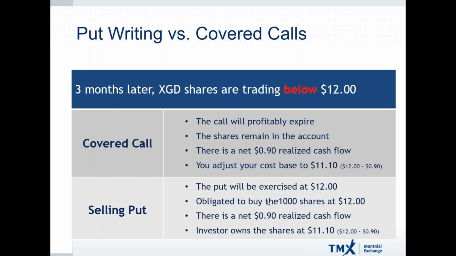$11.10. From the perspective of the put writer, the put is exercised. You have to buy 1,000 shares at 12, so now you're a shareholder at $12, but there's a net realized cash flow of 90 cents. You now own 1,000 shares at $12, but because you've collected 90 cents through the put, your average cost